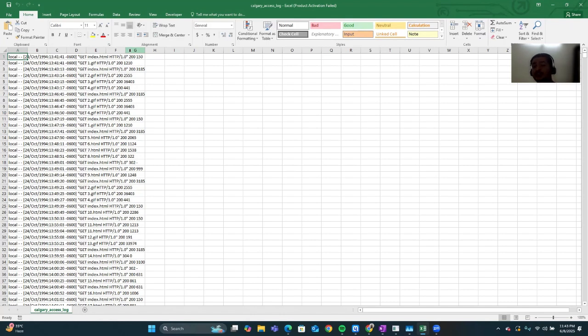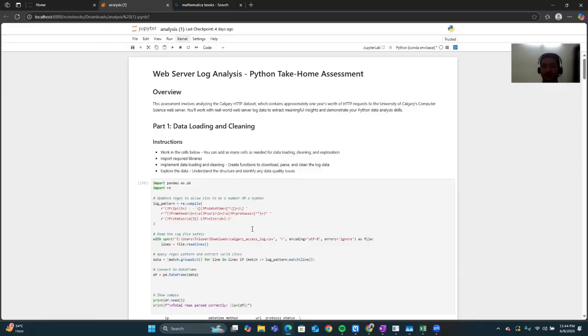Then after that, what is the size of the response? Whether it is 150 or 2100, that will come in. Now, all the data is coming into clustered form. We have to divide this data so that we can extract all the answers to whatever questions are given. So I have to upload this data into Python. We have to